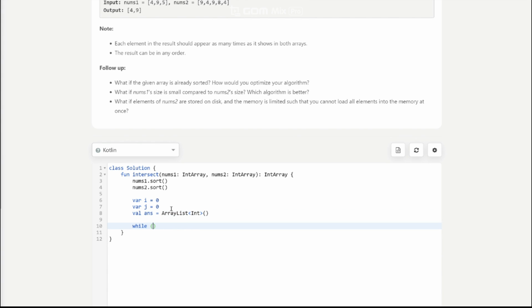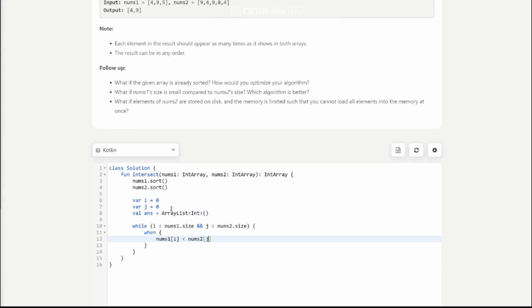While i is smaller than the length of nums1 and j is smaller than the length of nums2, I'm going to iterate the i pointer through nums1 and the j pointer through nums2. I'm going to be using an if statement. So when nums1[i] is smaller than nums2[j],